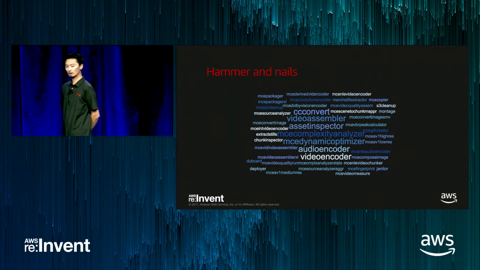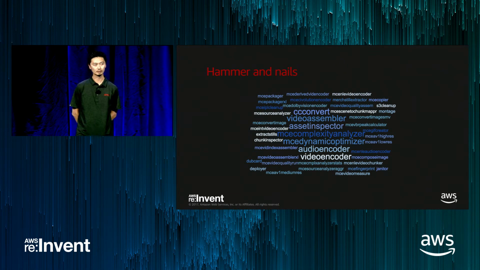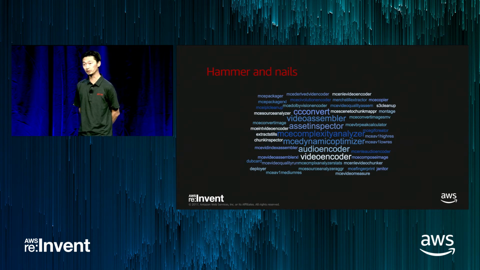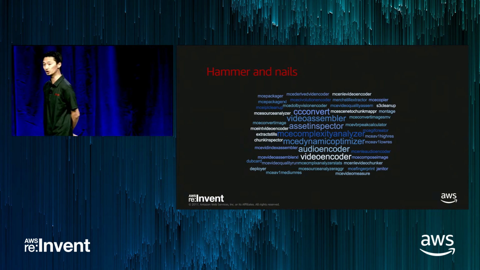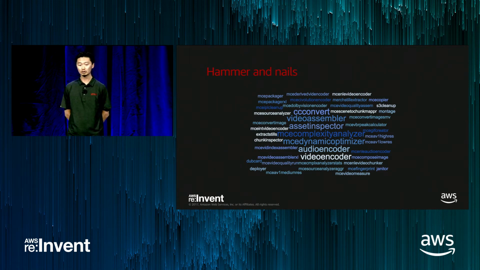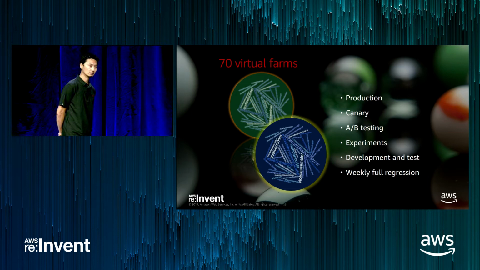Now, this is all great for production value, but we also need to do development. Previously, we mentioned about research and development experiments, and we also need to do testing. We do weekly regressions. We need to figure out whether there's degradations between change of the video codec or algorithms or recipes. So what we actually do is that we wrap all these services together